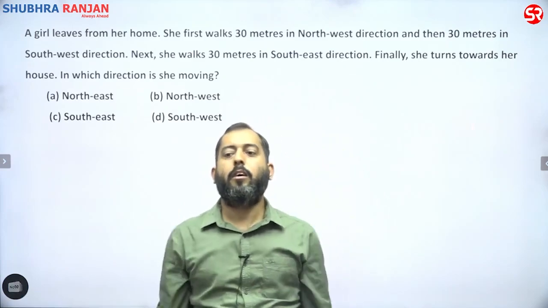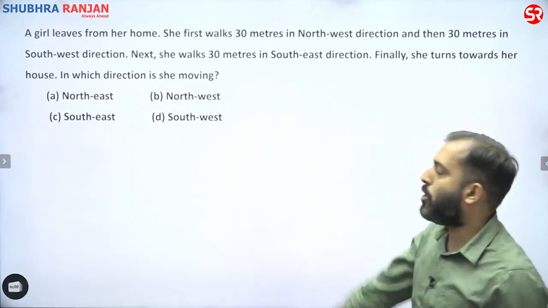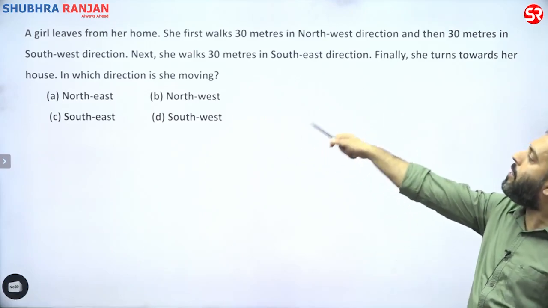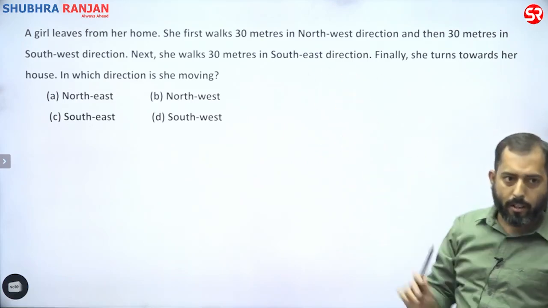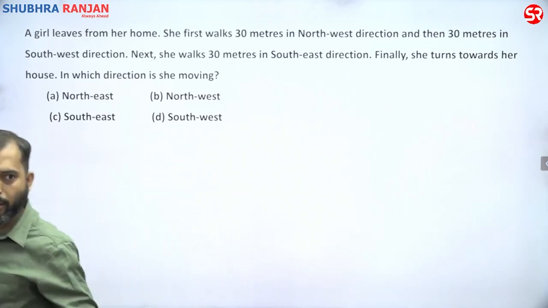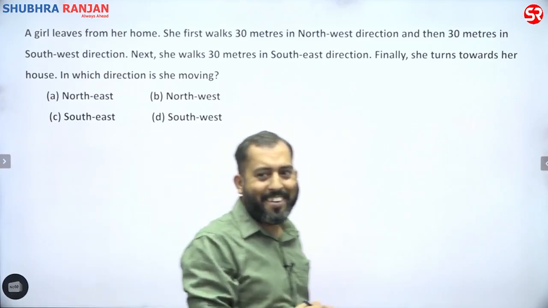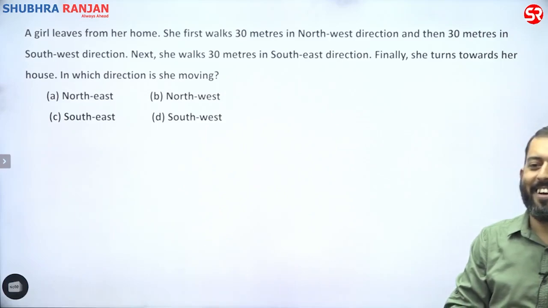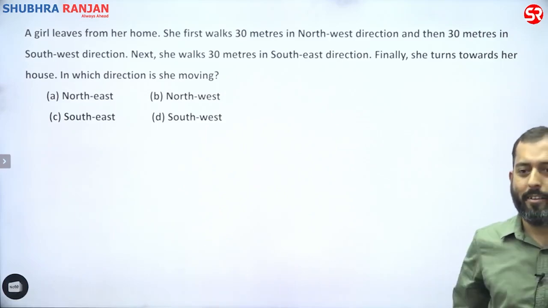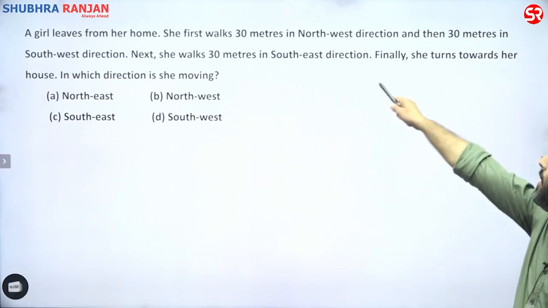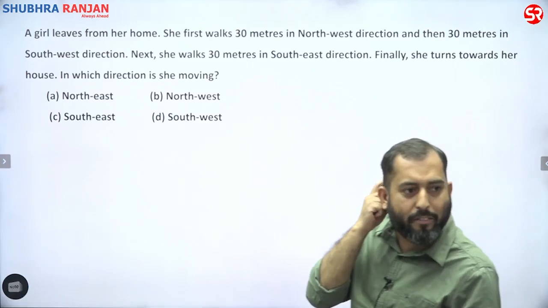Okay. Now try to handle this question and tell me what will be the final shape in this question. What can you say about the final shape of this question? Square. Square. Because I'll tell you why.